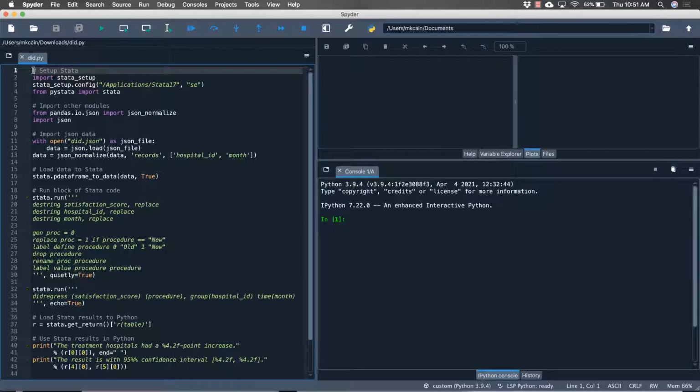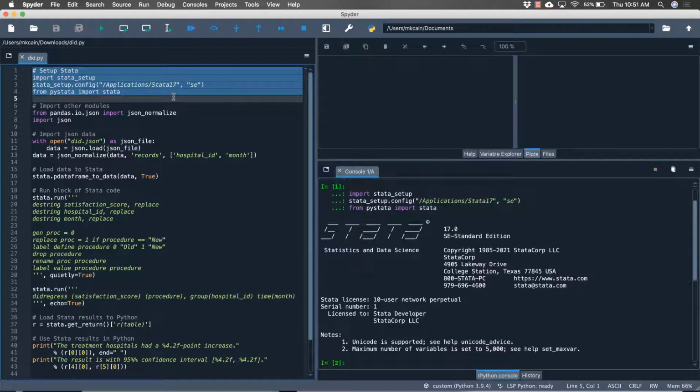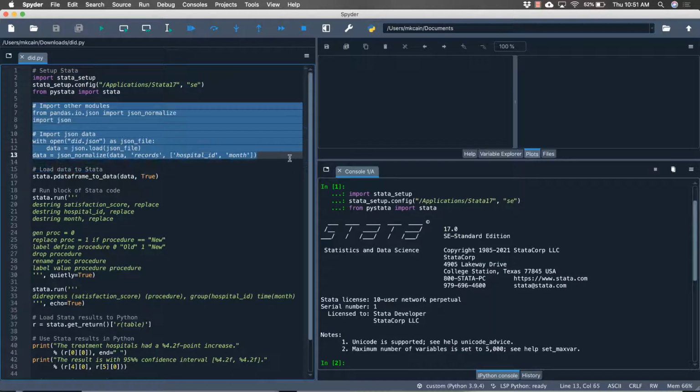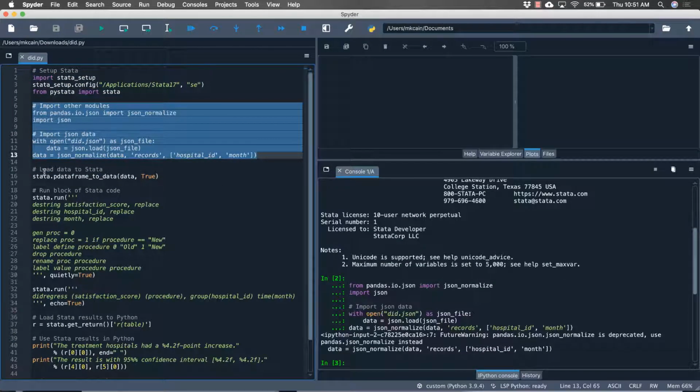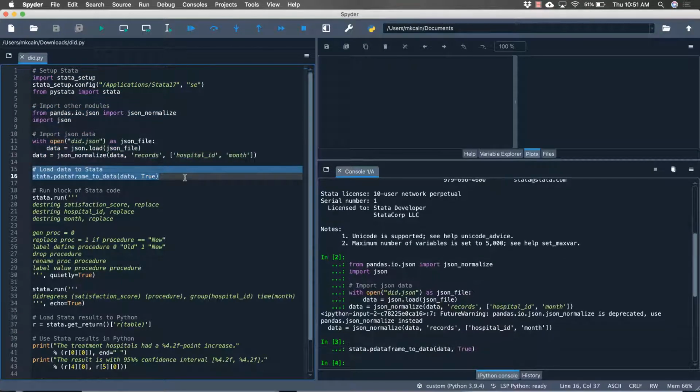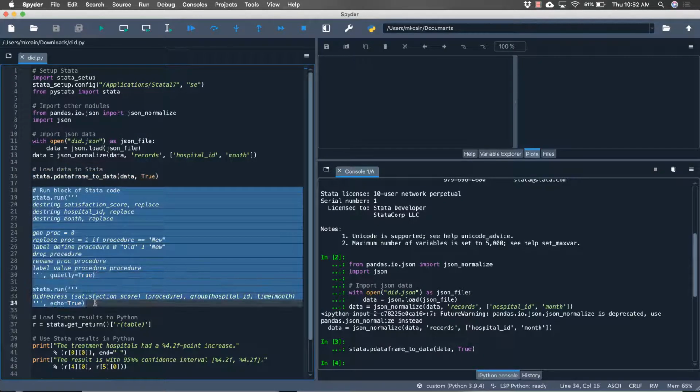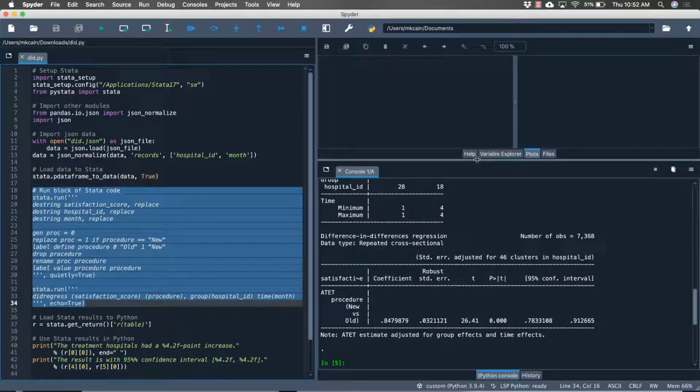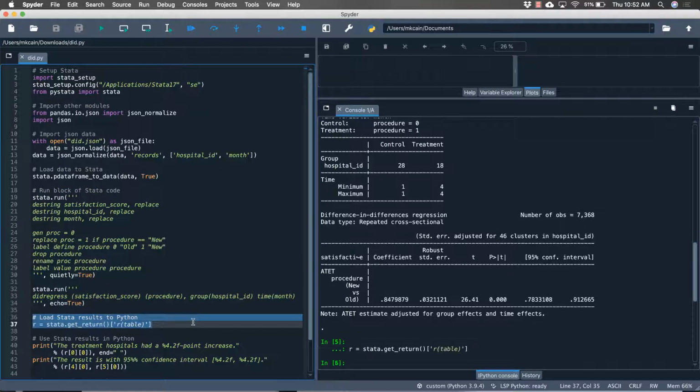First, you will need to install the Stata Setup Python module and configure it to initialize Stata from within your Python environment. Then, you can pass Python data into Stata, run your Stata commands, and retrieve Stata's returned results with